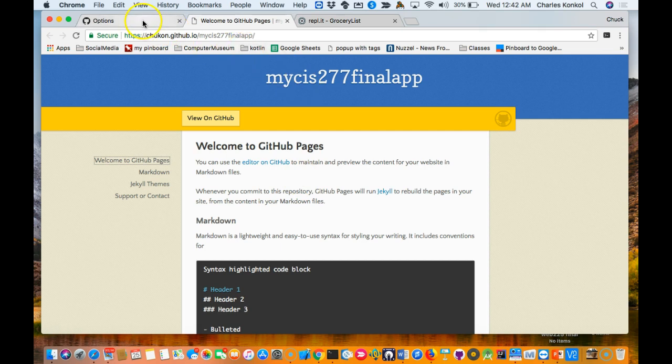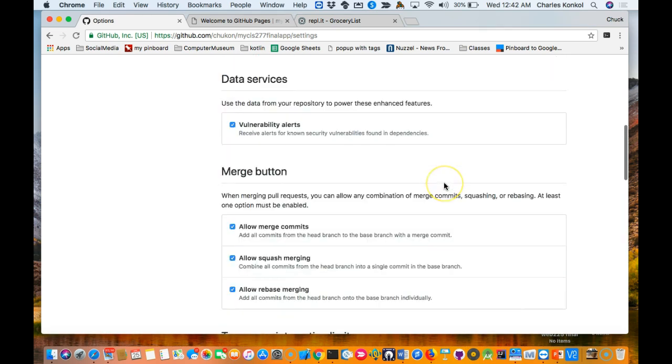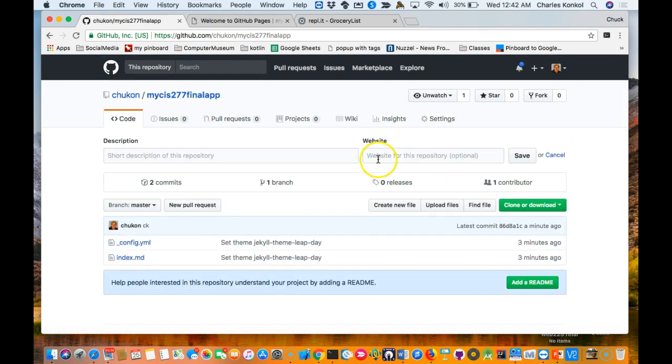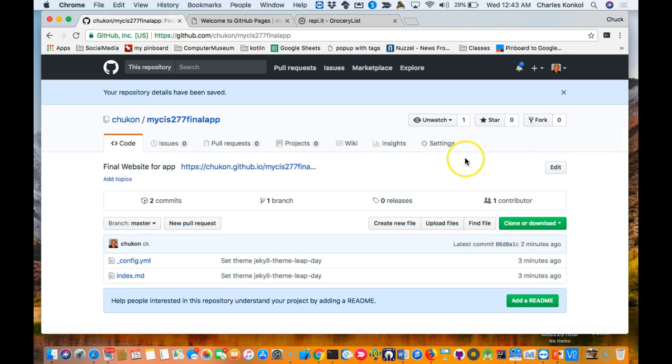Now I'm going to go back to the GitHub page and copy that URL. Go back up to the top, hit code, edit. I'm going to paste the website here and just put final website for app. Save it. And so when folks come to your repo, they can click on that link and it'll launch